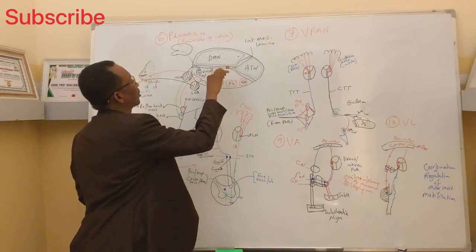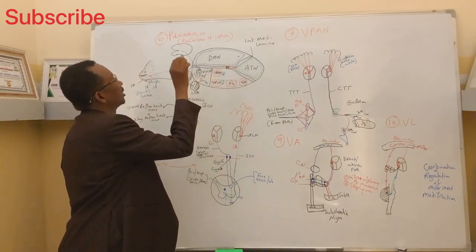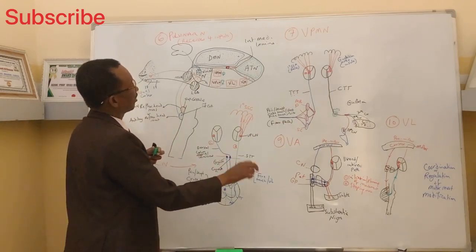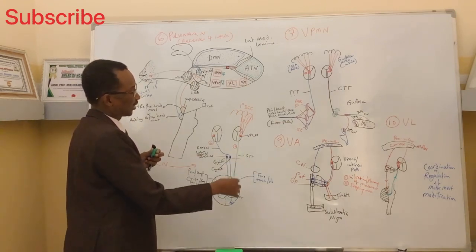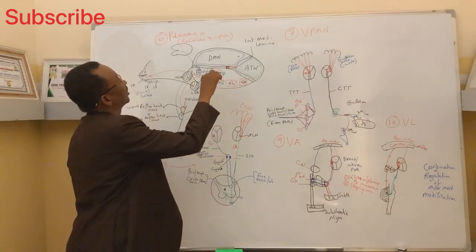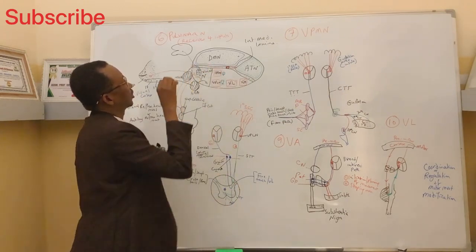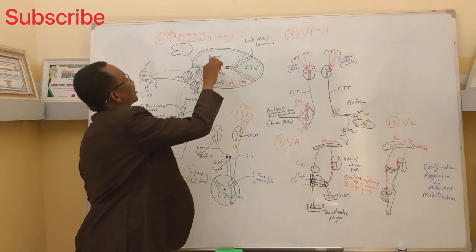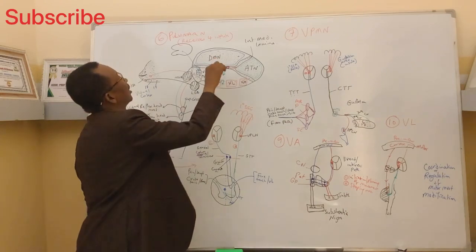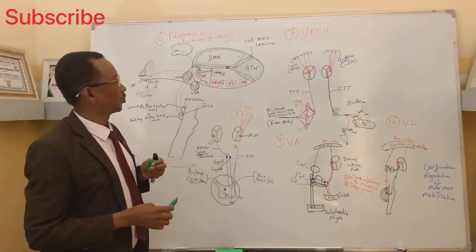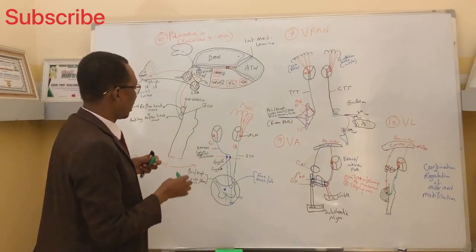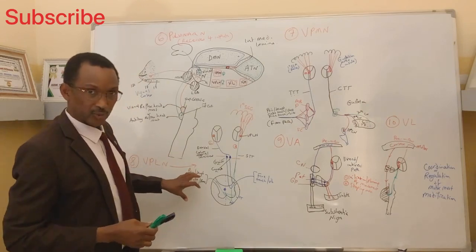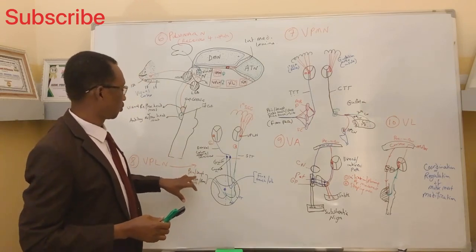So here you have the trunk, all this information with regard to pain, temperature, crude touch and pressure, fine touch and discrimination sense, vibration sense, proprioception and other things like that. They reach the ventral posterolateral nucleus, while this kind of sensation from the head and the neck reaches the ventral posteromedial nucleus. So what happens is that the information from our skin with regard to pain, temperature, crude touch, and pressure,